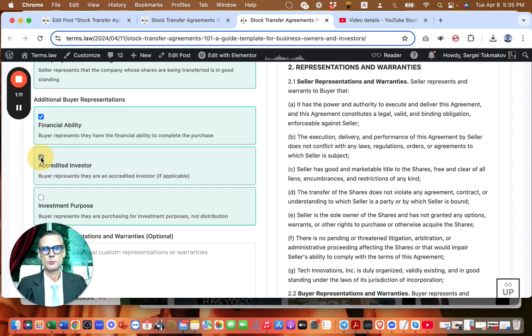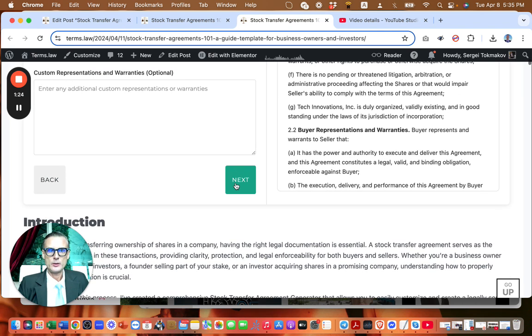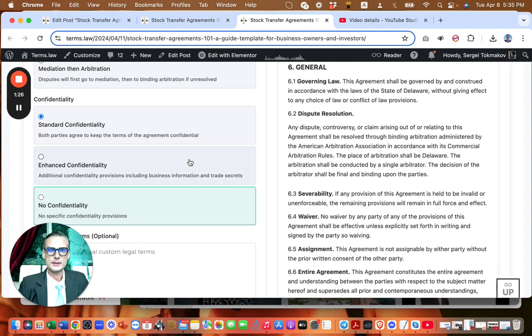This is a tricky one. Make sure the accredited investor is either checked or unchecked depending on your situation, because that carries serious legal consequences. If you must have accredited investors and you don't,